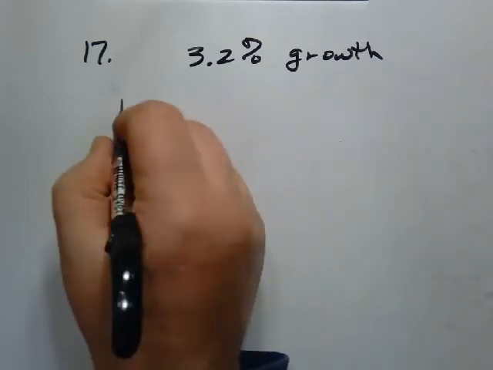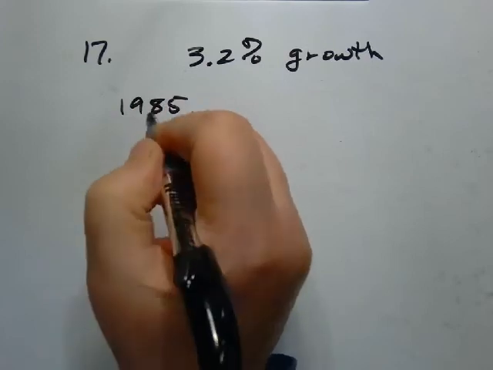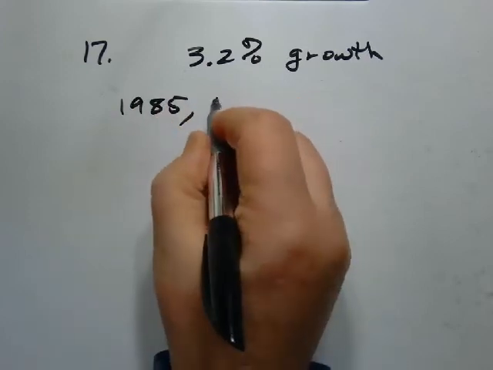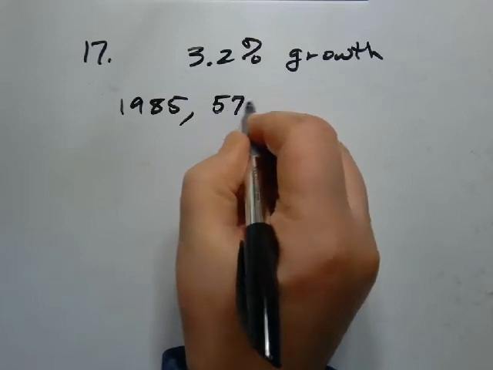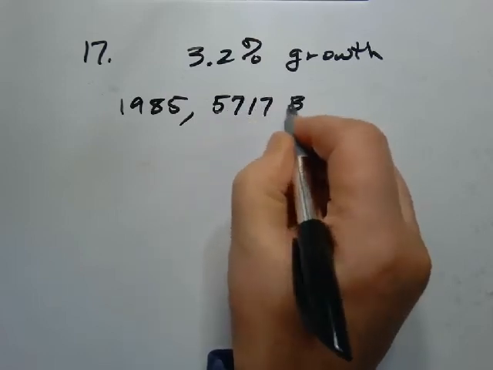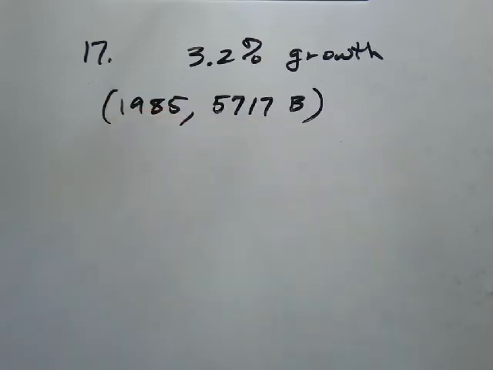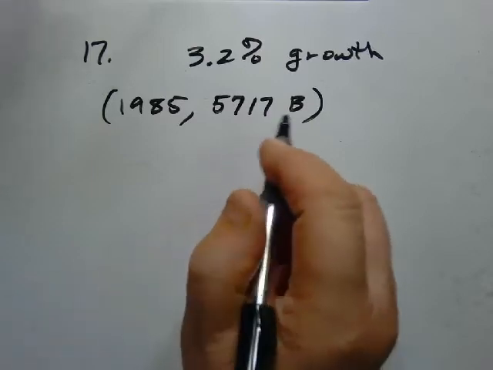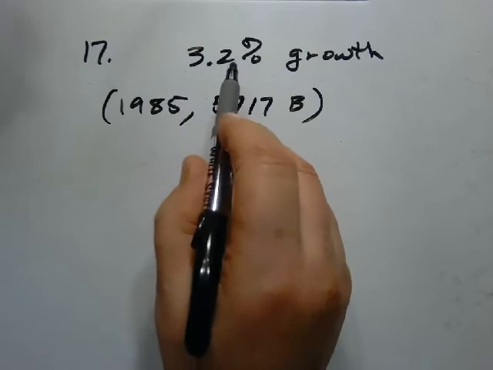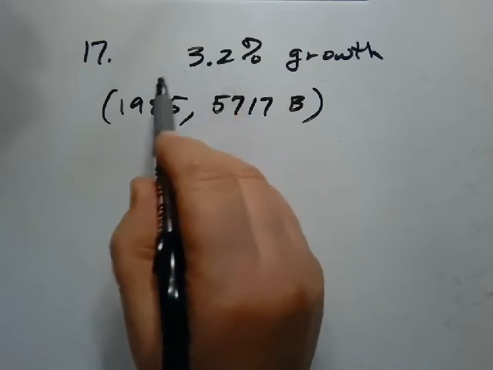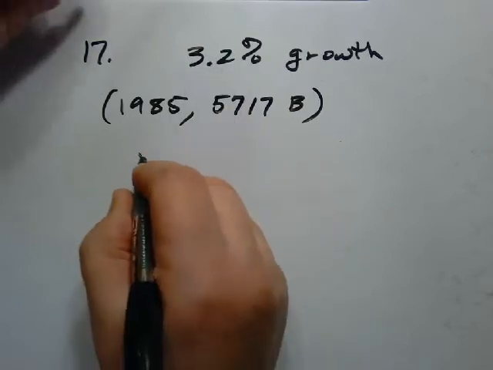In 1985, it says that the GDP was 5,717 billion. Okay, make sure that you know how many zeros that's going to be when you're calculating this in terms of billion. Now, if you can tell from the formulas that we used and were given to you on the last video, since this has a percent in the problem, we're going to make this calculation using the other formula, and that was the one,